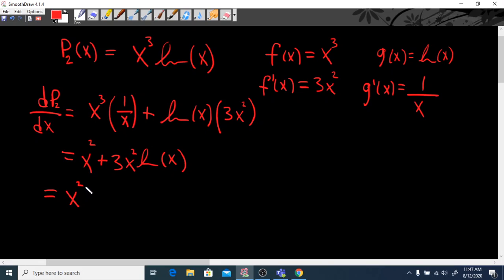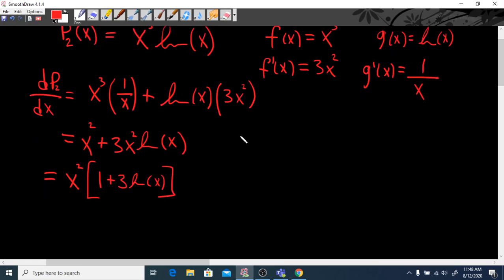And you can also factor by greatest common factor an x squared, leaving 1 plus 3 natural log x. Both of these are correct. One's factored, one's not. And yeah,